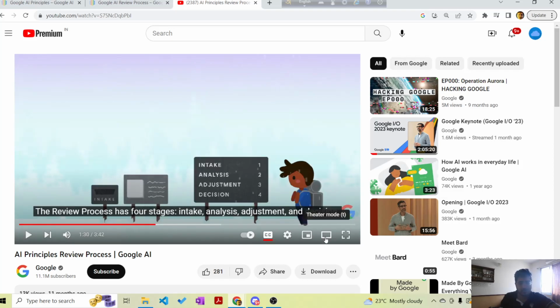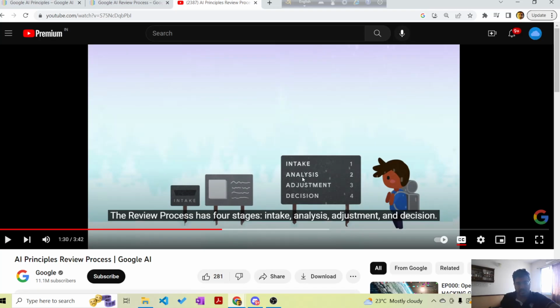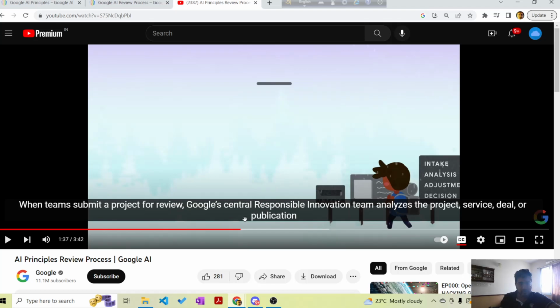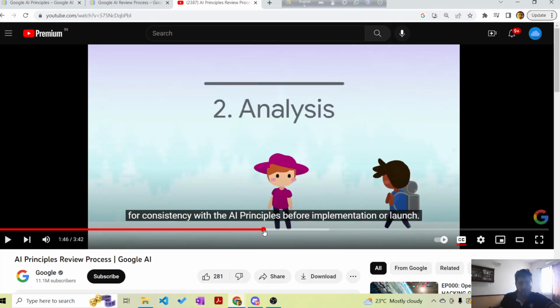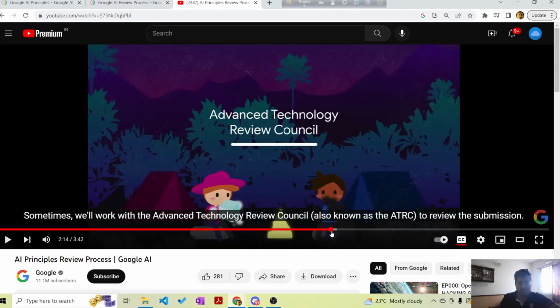As you can see here, there are the four steps: intake, analysis, adjustment, decision. The first step is the intake. Then there will be analysis, like I said, and they will help you on the next steps. There is this Advanced Technology Review Council, ATRC, who can also help with all of the